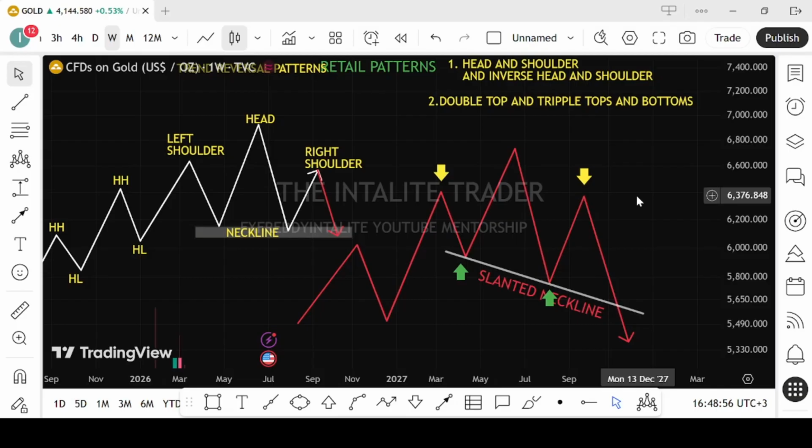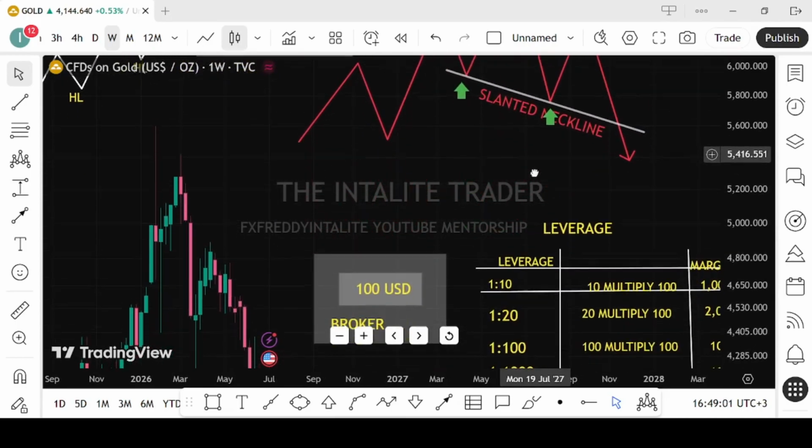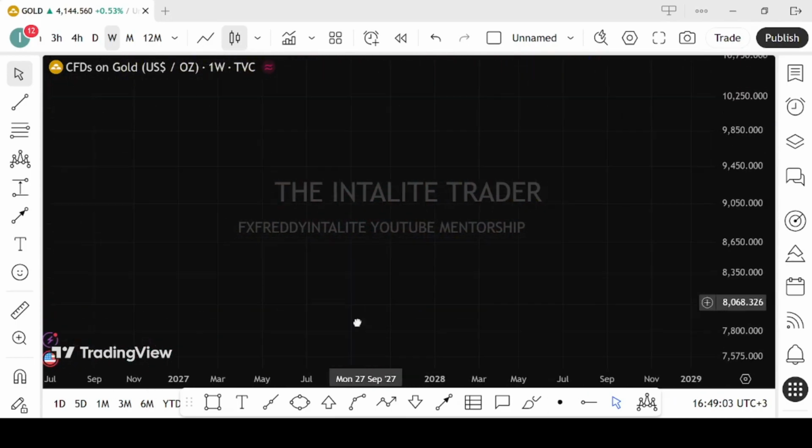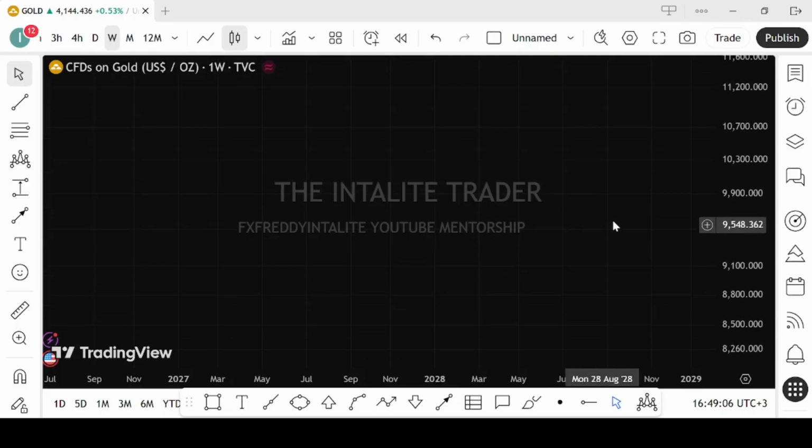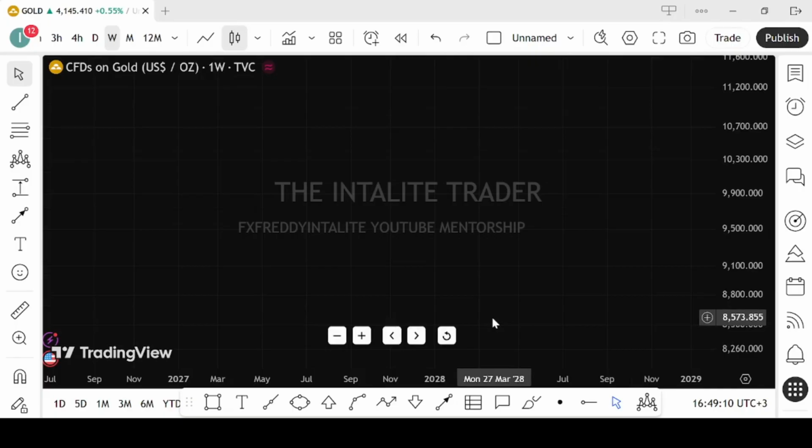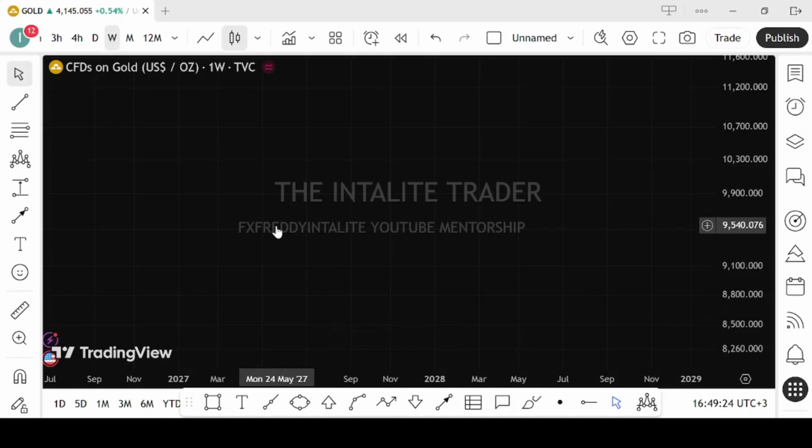Now the thing is, there is one thing about learning and another about applying them. That's why at times people know them, but applying them is a problem. And that's what complicates trading, because you can know something, but applying it becomes a problem. The problem is if you're not able to see it. So these head and shoulders patterns mostly occur in an uptrend, but there are very many variations